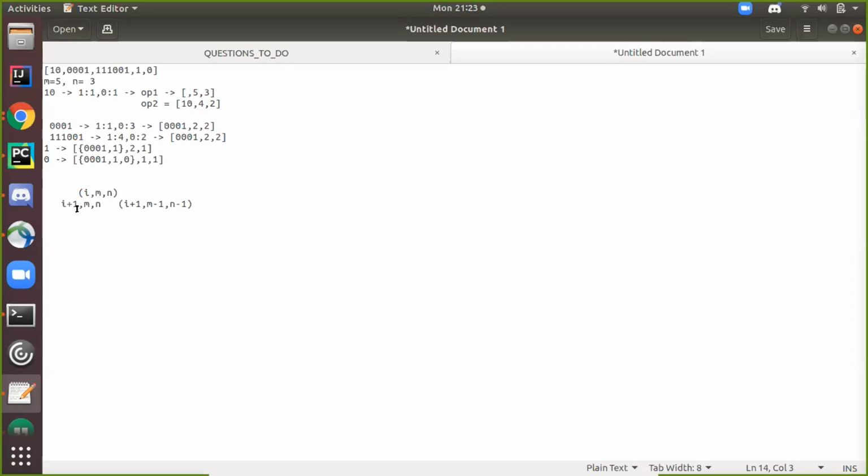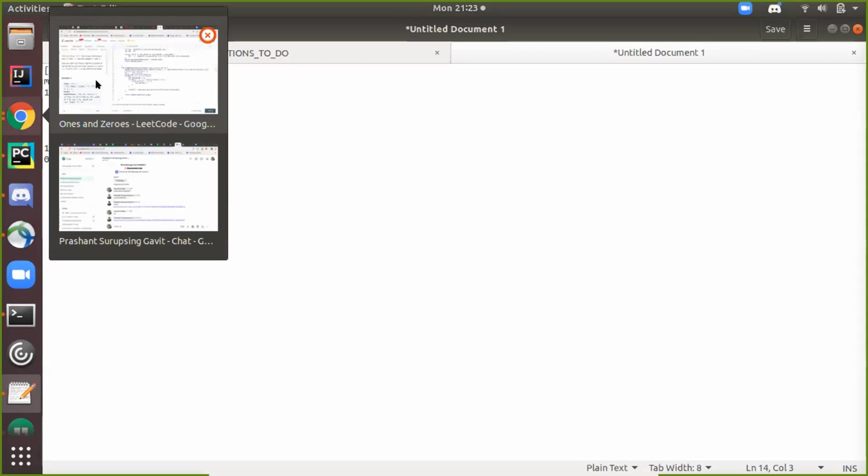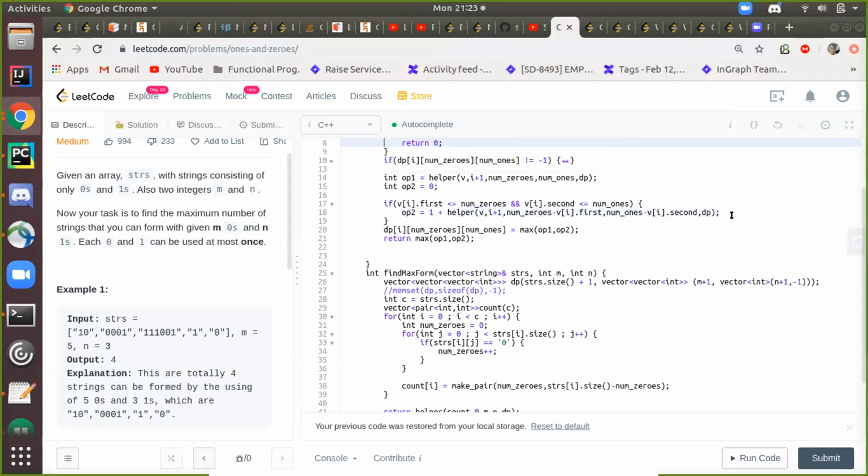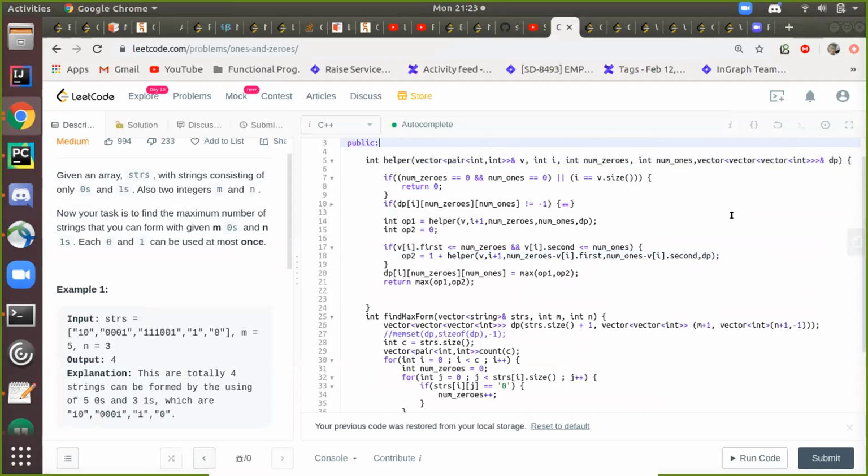Or else, I'm not sure. Like if you go for, did we discuss the brute force? So my brute force, I did finish it by not taking the DP array, just by making those two calls. So that was timing out. Yeah, so it will time out, right? Because there are some overlapping subproblems. Correct.